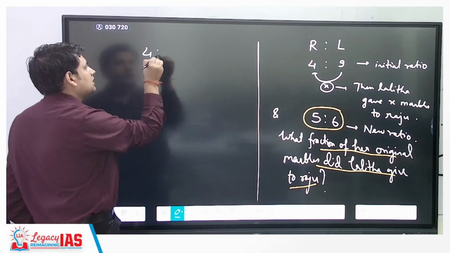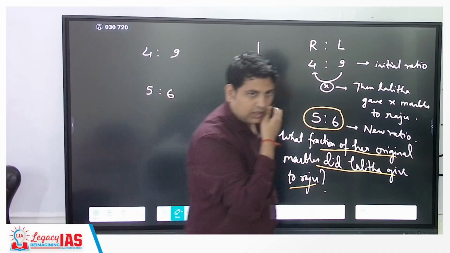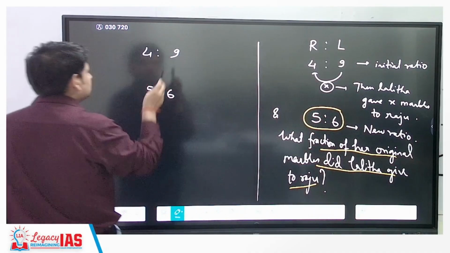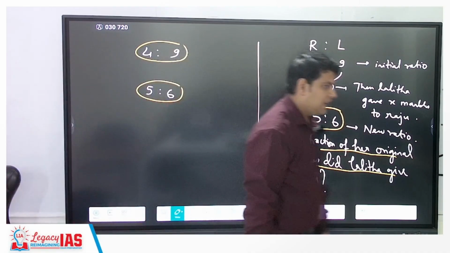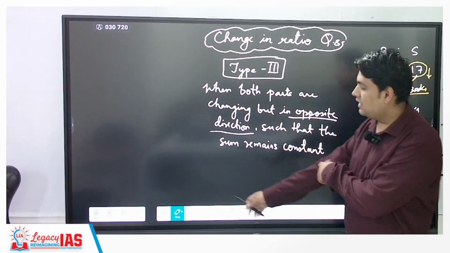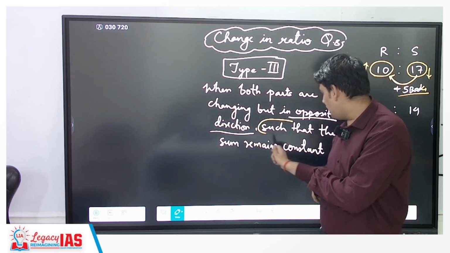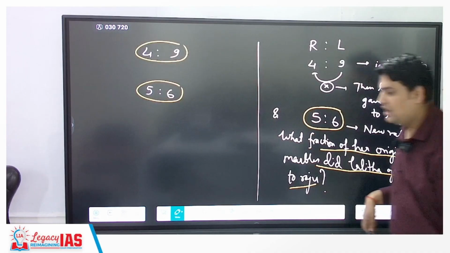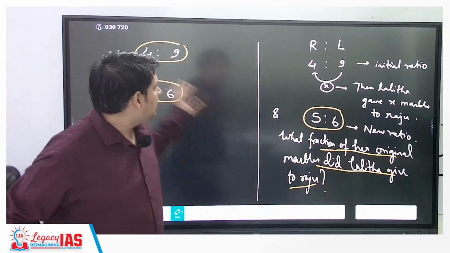See, this is 4:9, that is 5:6. Now, if this is 4:9, this is 5:6, what can you say? See, understand one thing. In type 3, the basic crux is what I have written here. The direction is different, but it is changing by the same number. Therefore, the sum remains constant. That is, total number of marbles that Raju and Lalita had together will always be the same,